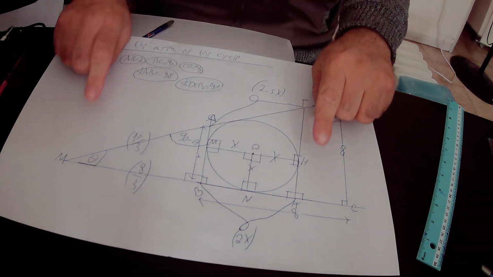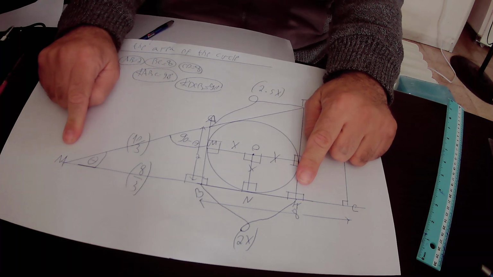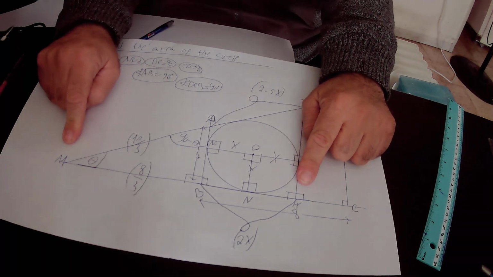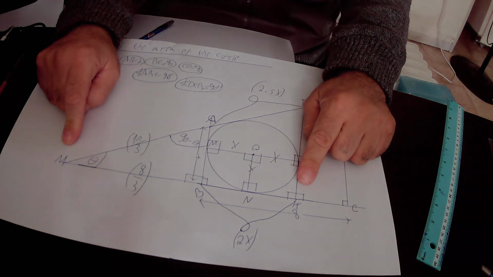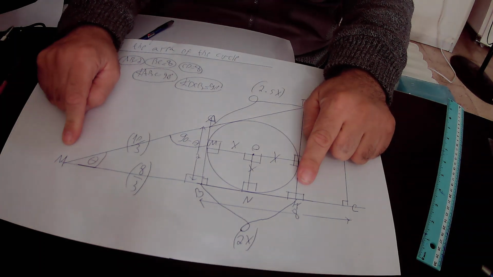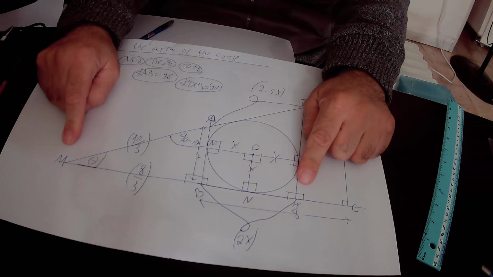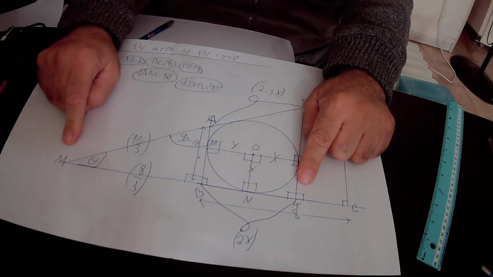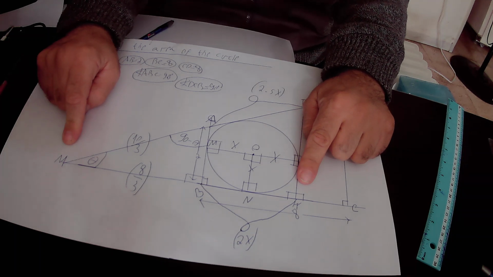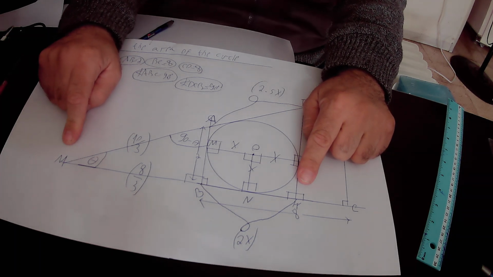What is the length of MT? When you go in this way, you need to see that MT equals MB plus BT. That is to say, MT equals MB, that is 8 over 3, plus BT, that is 2x. So in total, MT equals 8 over 3 plus 2x